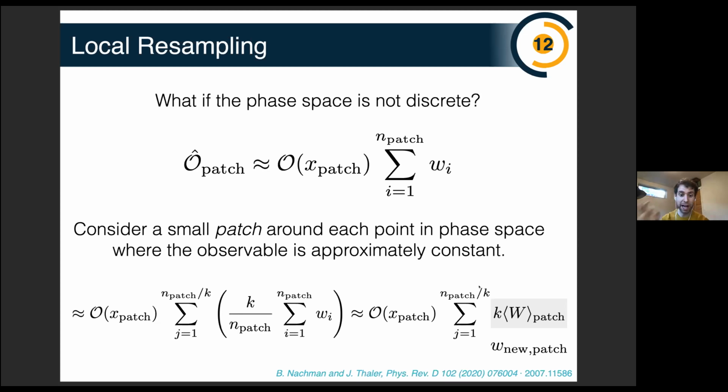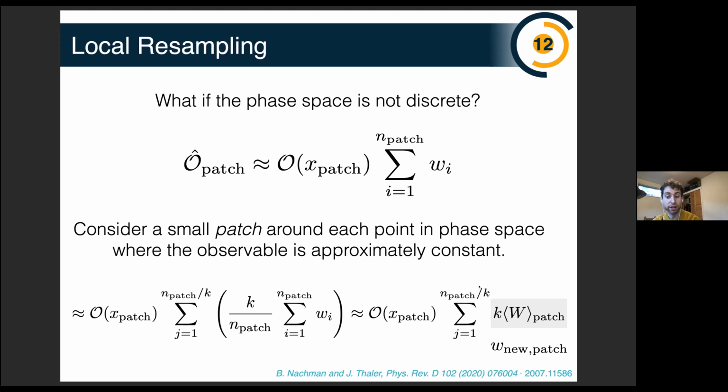And then within that patch, just as before, you're only sensitive to the average weight and not the distribution of weights. So we can play basically a very similar game, where this bottom equation is just reorganizing like I did before, where we sum over the weights at the top, and then at the bottom it shows that you're only sensitive to the average. So it's just some manipulation where you can sum over the weights in a given patch of the phase space.